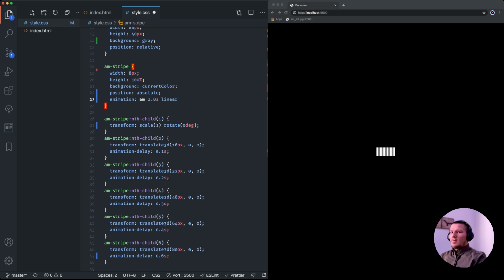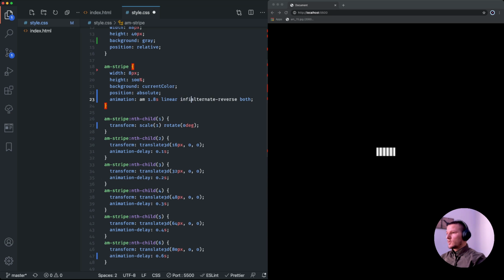Also, we want this animation to run infinitely because we are going to stop it with some other methods, and also you can use the play state. For example, if the page has loaded, you can do animation play state and pause or stop or whatever you need. We are going to do the direction as alternate, because we want it to happen on both sides. Okay, now you can see the animation happening, but it is not actually right, and also I forgot